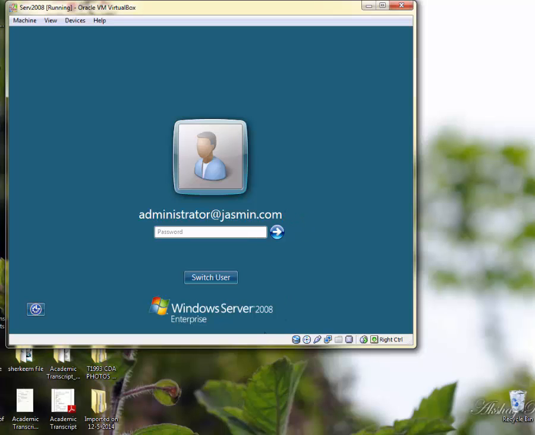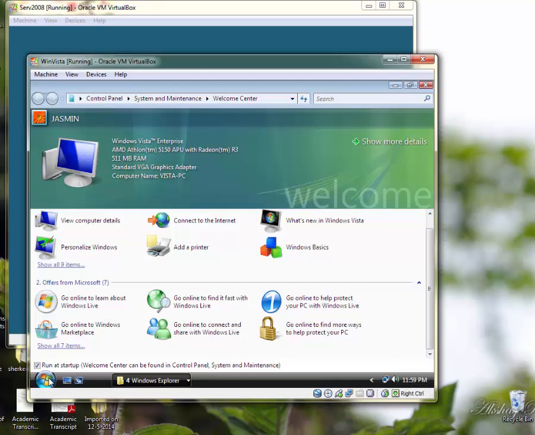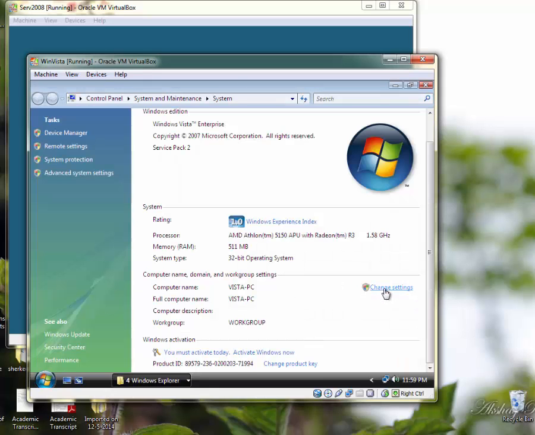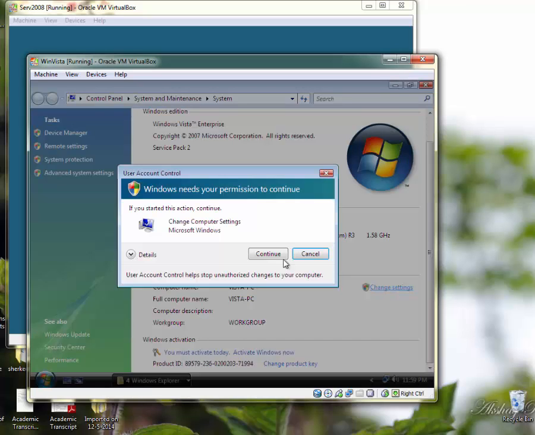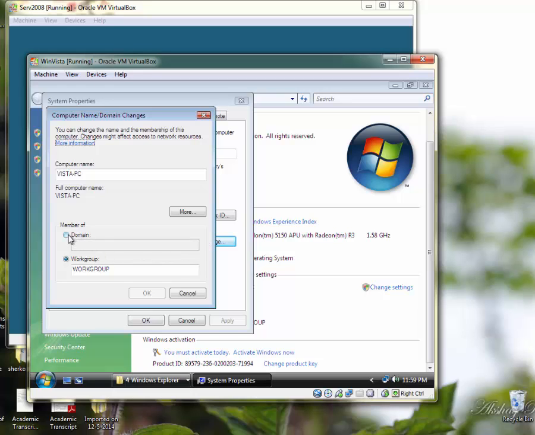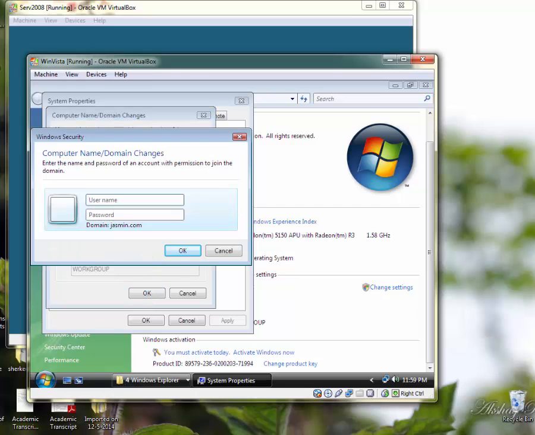So I'm gonna go to my Vista, go on Start menu, right click on my computer, go to Properties. I'm gonna click on Change Setting, continue. On the computer name tab, I'm gonna click change here, and the member would be the domain, and the domain name I'm gonna use is jasmine.com. I'm gonna click OK here. The username would be